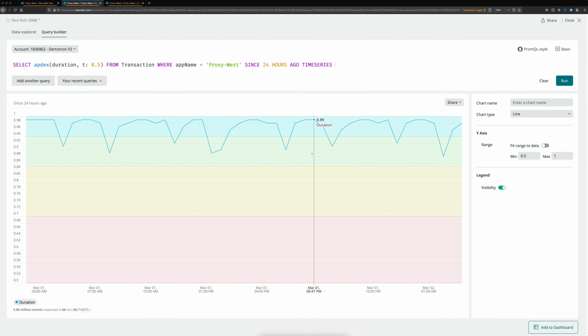But why is this important? Well, firstly, it gives you that quick view of your user satisfaction. If your Apdex score is really, really low, then your response times are likely going to be quite slow, and your users will likely be upset or frustrated with their experience using that application.